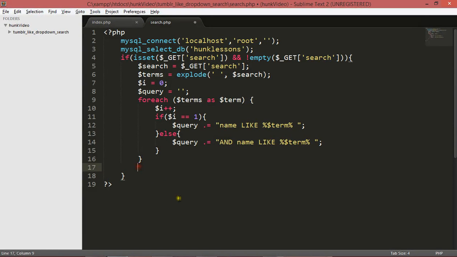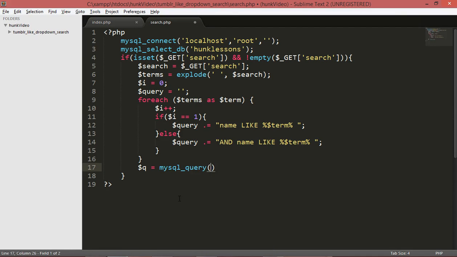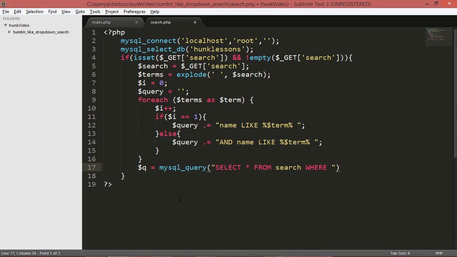Okay, we will now run the query. We will store the query result in the variable q. We will use the mysql_query function. Select all from search where, and our query variable, which will be formed by our foreach loop.